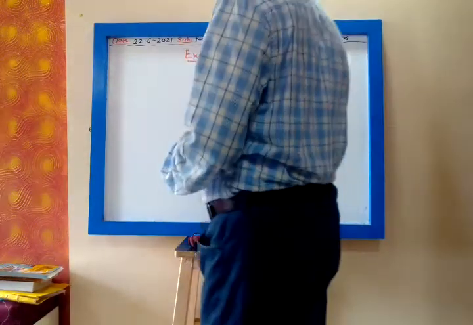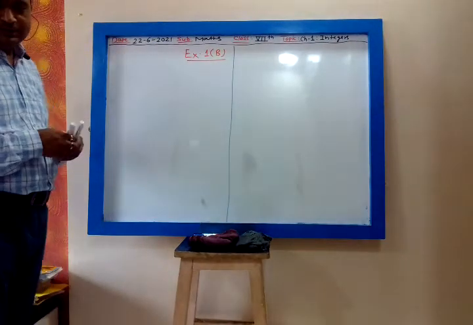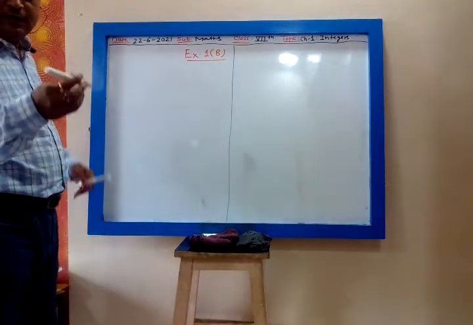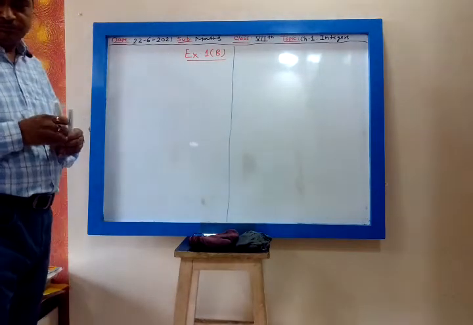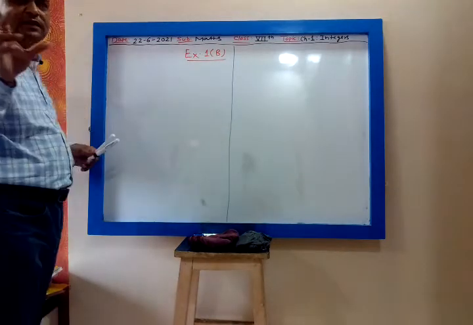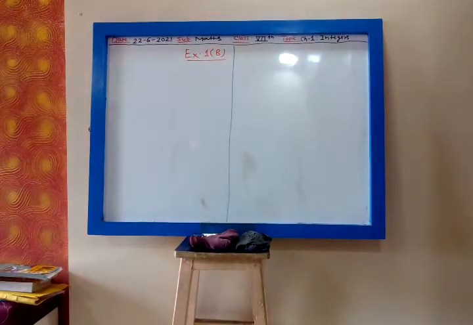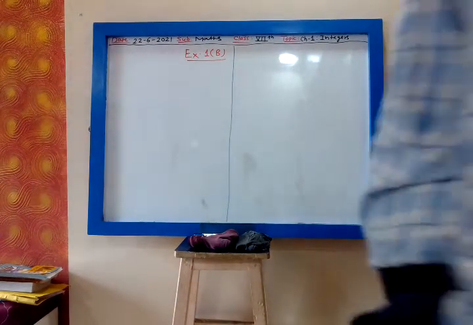Yes. That was part A. The same thing I am going to do here, part B. So now let us start exercise 1B. 1B is nothing but, now see, we have seen addition and subtraction of integers. We have seen addition of integers, we have seen multiplication of integers, subtraction.